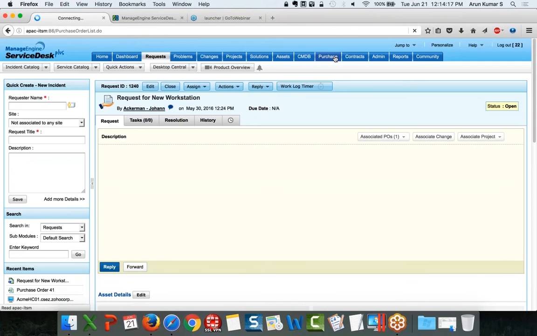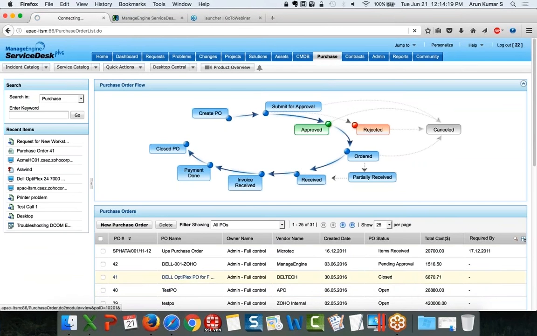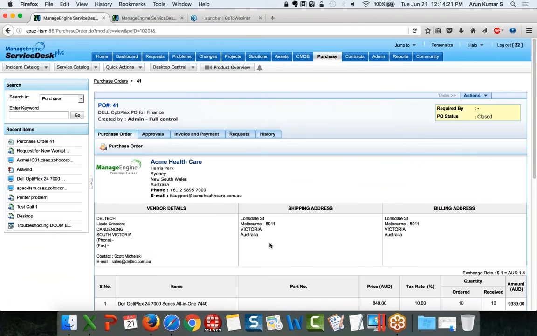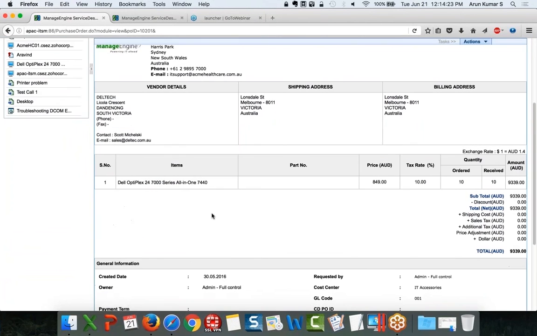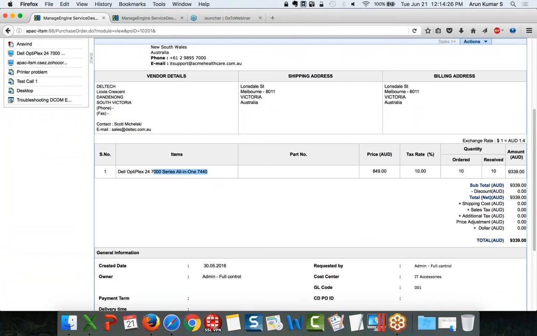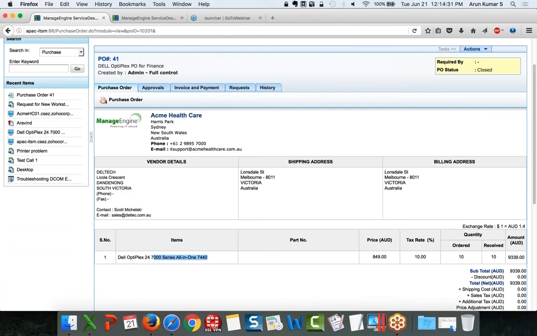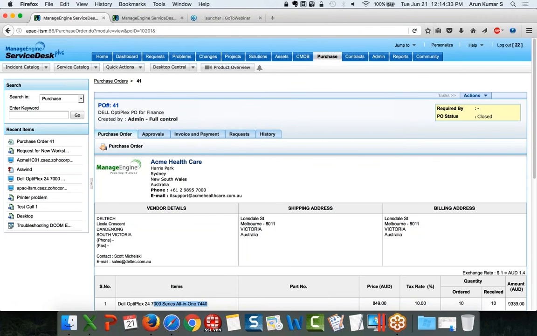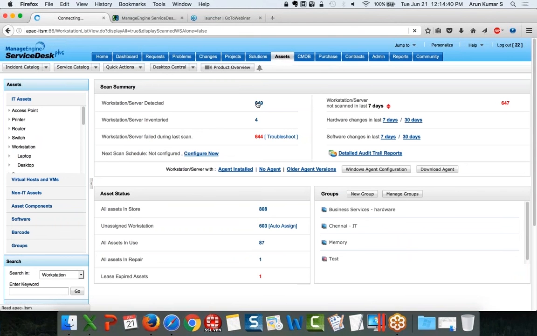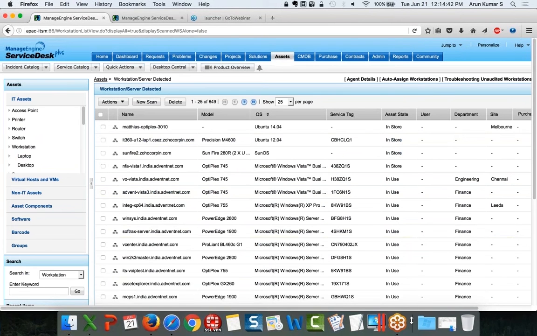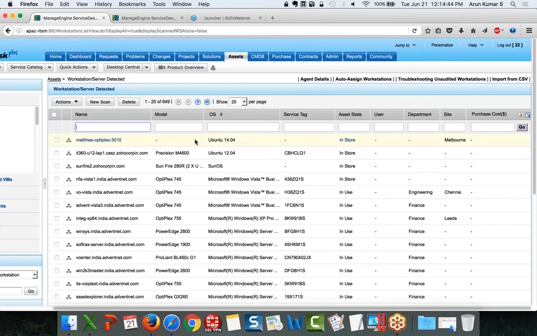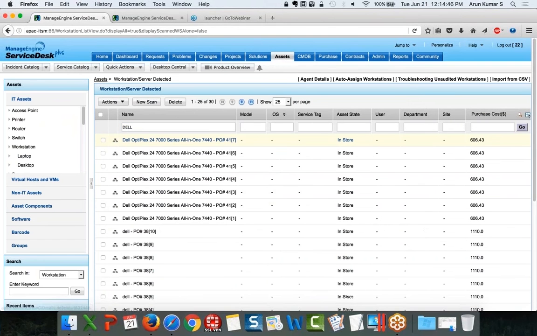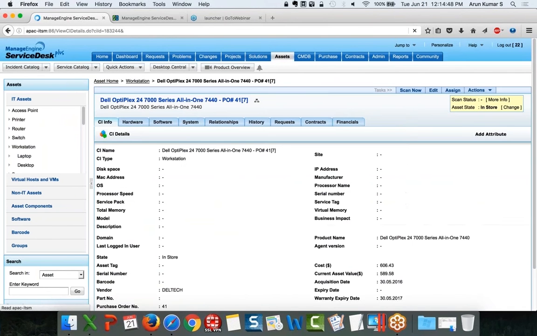Let me show you that in a quick example. This is the service request which is raised for requesting a new Dell all-in-one PC. It has been raised, and we have a purchase order attached to that particular request. This purchase order makes sure that this Dell all-in-one series, not only one but 10 different items, are ordered, and all of them have been delivered. Once this is assigned, you can see that it will automatically be shown under the Assets tab. So you can go here and